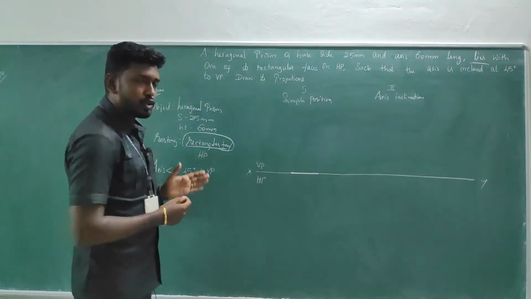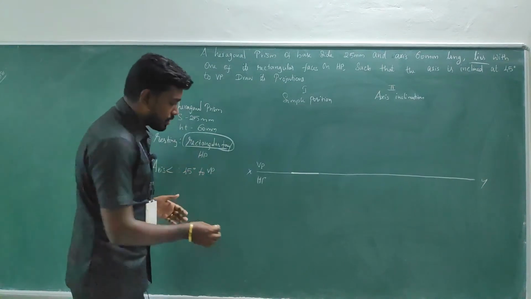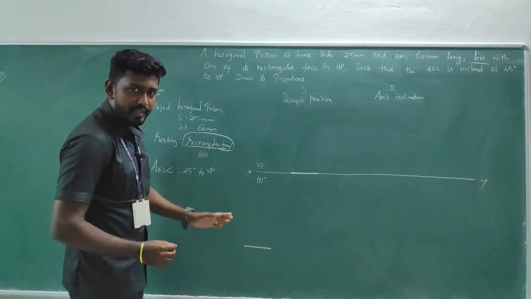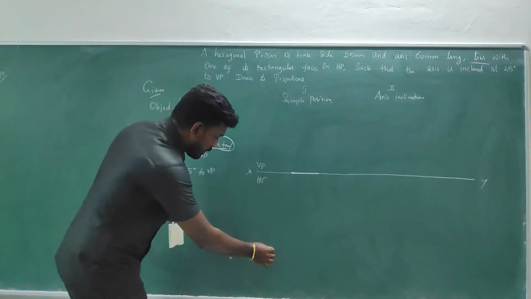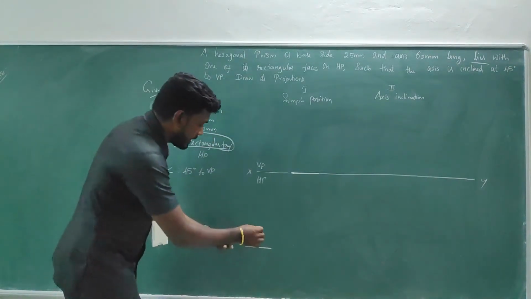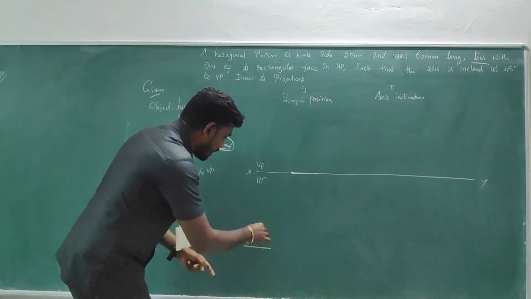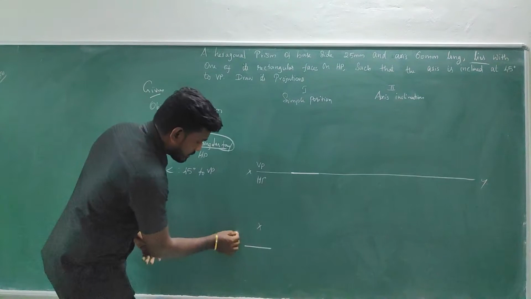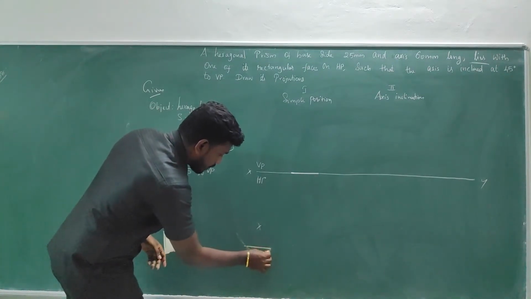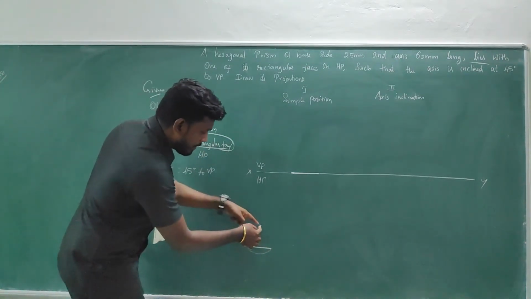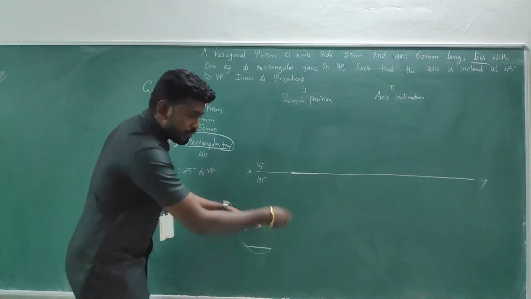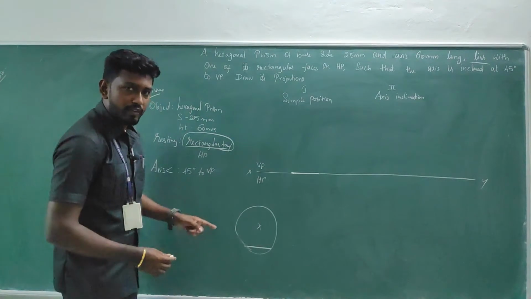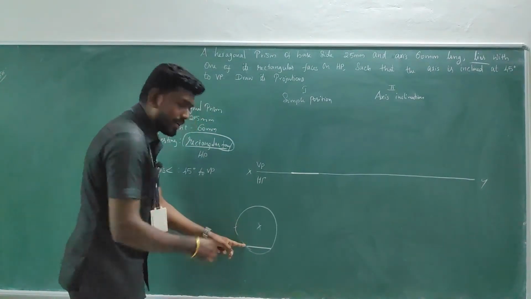We know the procedure to form the hexagon. If you take a horizontal line, what is the next step? We need to find the center of the polygon. We take the side measurement in the compass and make cut marks from both ends, so that we get the center. Then, keeping this intersection point as the center, we draw a circle, which traces something like this.